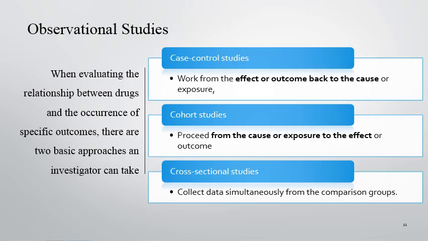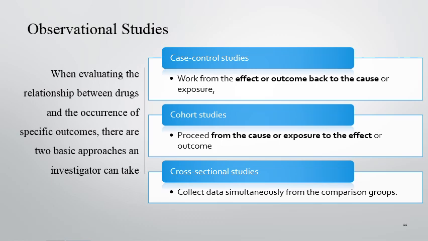Now, to evaluate whether a specific drug has produced a specific outcome, different approaches can be used to confirm the link between the drug and the outcome, or the outcome and the drug. So mainly there are two approaches. Number one is the case control studies, in which we observe the effect or outcome, and we go back